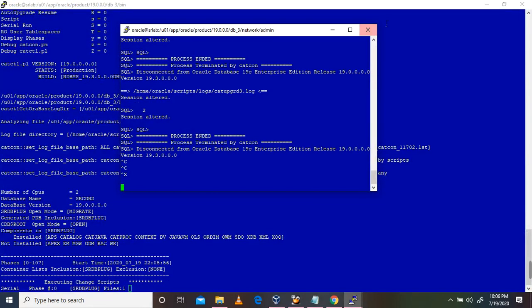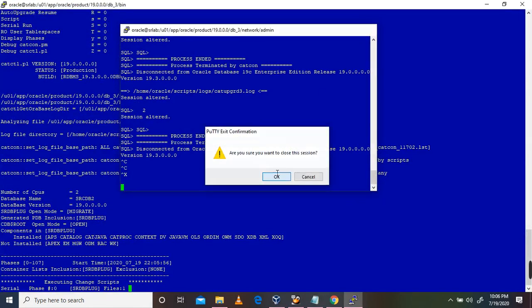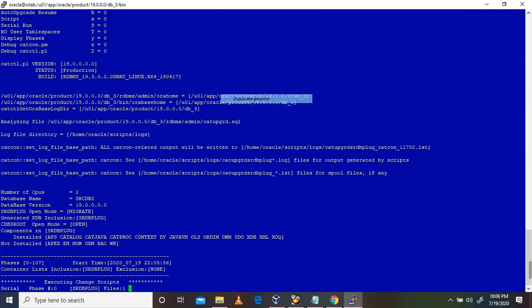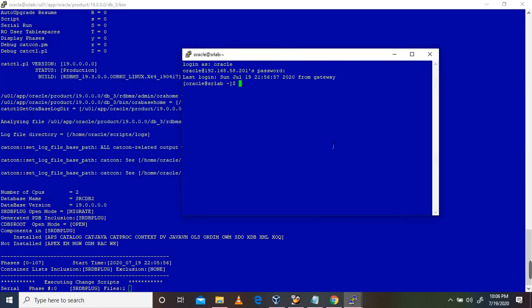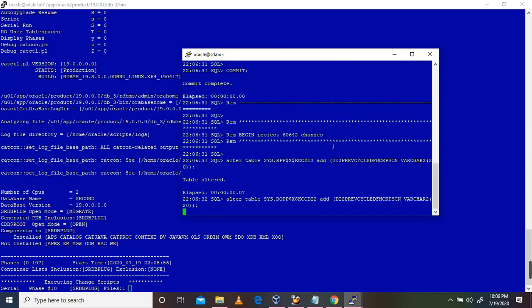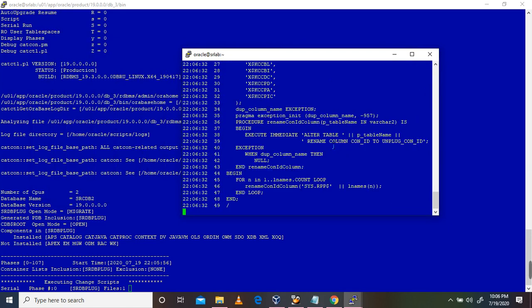It's not coming out, I'll close it and open it again. So you can see here it is running.